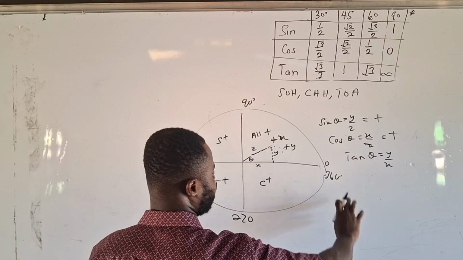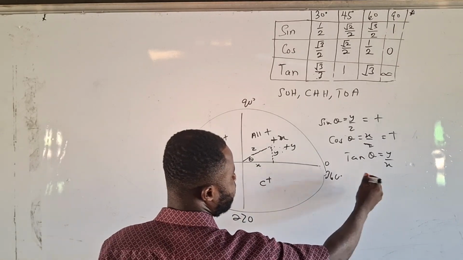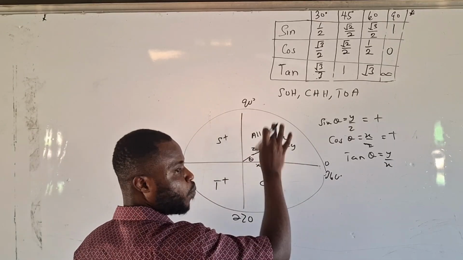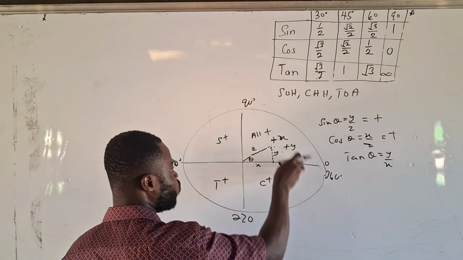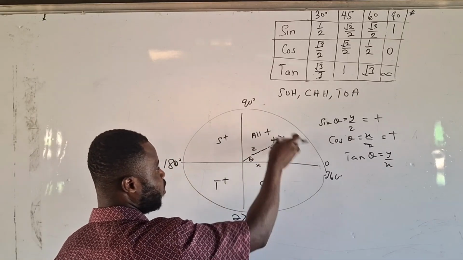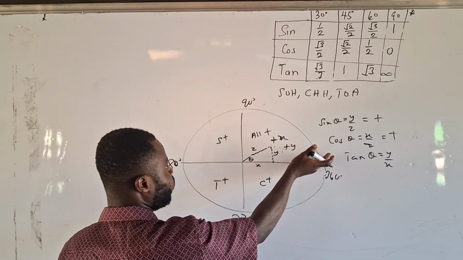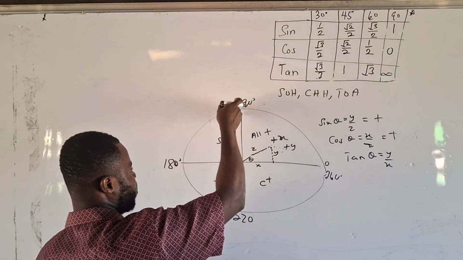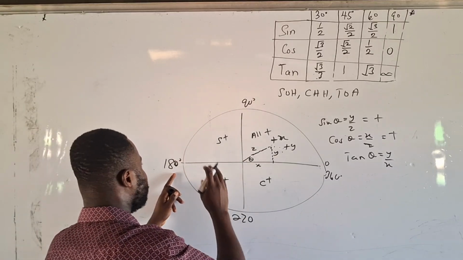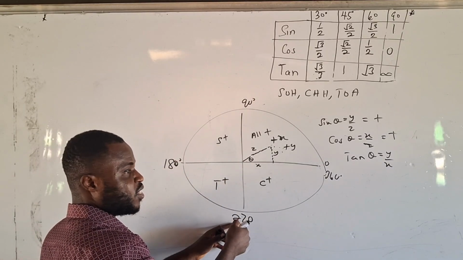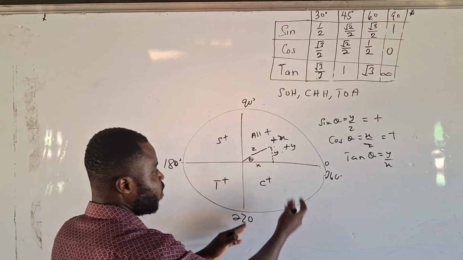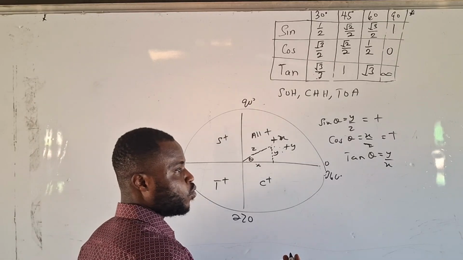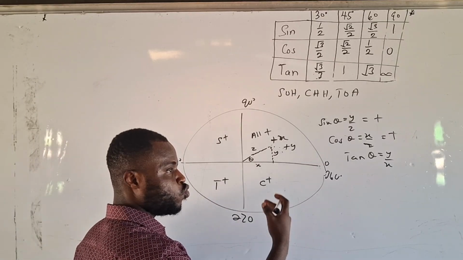So when you punch tan 40 on the calculator, you are going to get a positive answer, because it is within the first quadrant. So from here to here, any angle from 0 to 90 is within the first quadrant. Any angle from 91 to 180 is within the second quadrant. And from 181 degrees to 270 is within the third quadrant, and the fourth quadrant from 271 up to 360. So you have to understand each of the angles. So if I give you maybe sine 285,